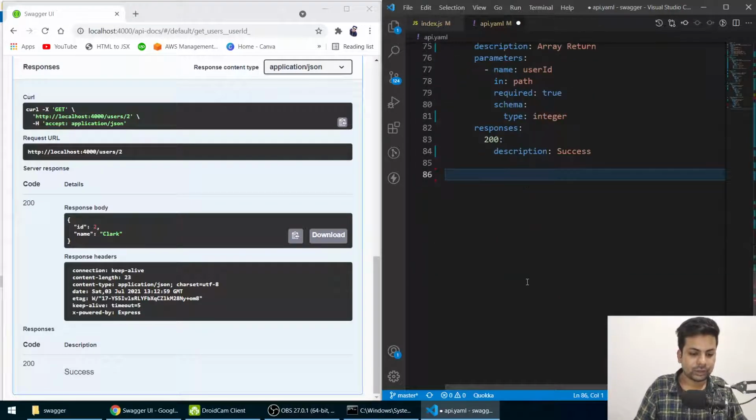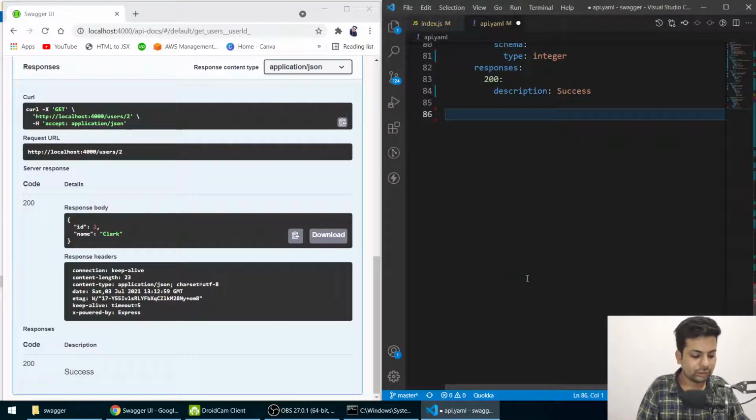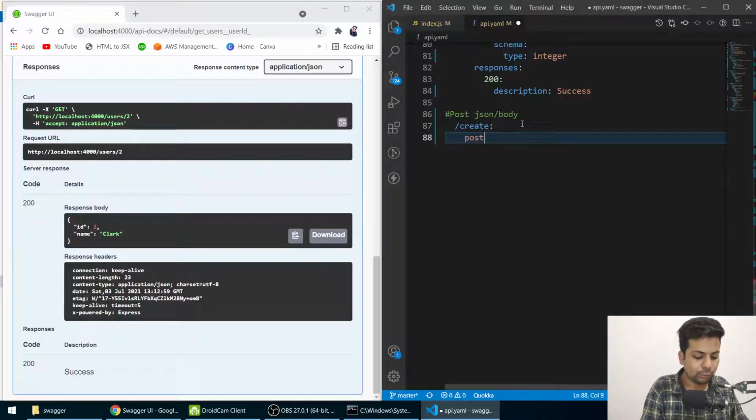Now we'll say post, JSON slash body. So now we post as a JSON body, like the way we do from Postman or whatever. We'll say create. It will be a create API, and it will be of type post.